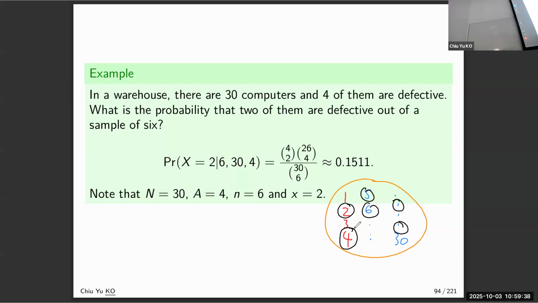If I take the computer, check it, put it back, and forget about it, I may be drawing it again, then it's binomial. But if I take it out, check it, and put a sticker on it, then I'm not going to draw it again, so it will be hypergeometric. This is very simple. When you do an audit, it's always hypergeometric because you can't check it again. But of course, if another guy comes in to check, every day a different auditor, you allow things to happen at the same time,